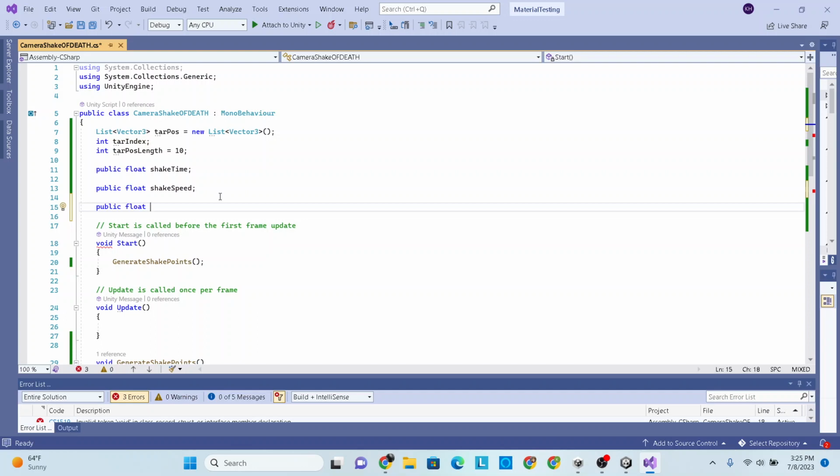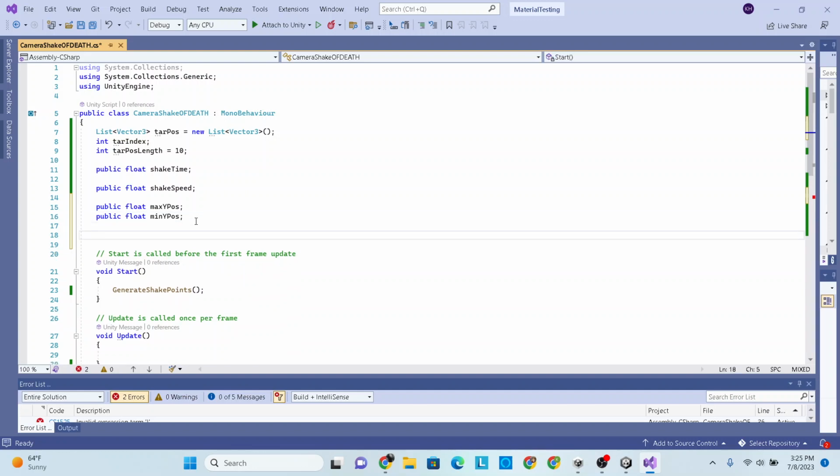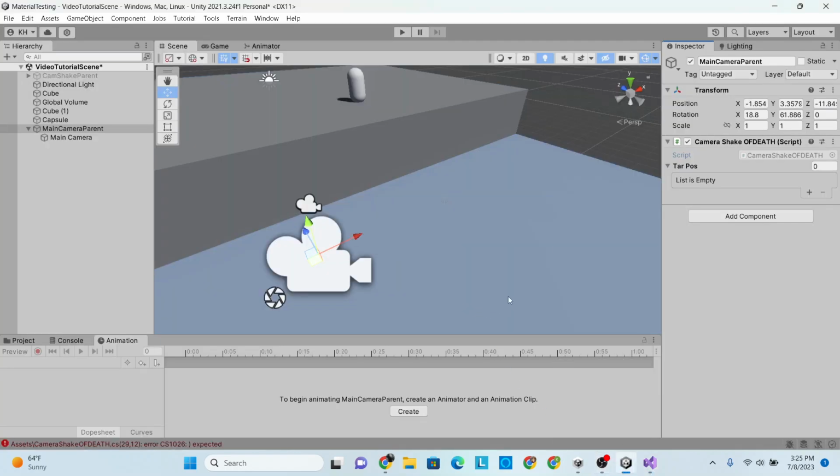So this would be max y pose, and of course the minimum. And next we're going to do public float max x pose,